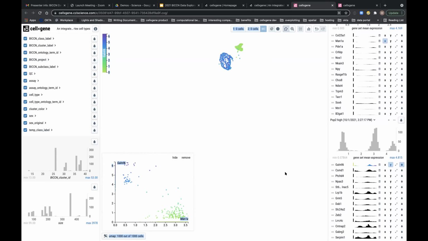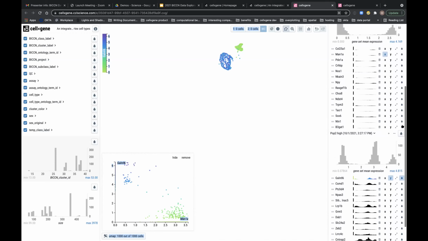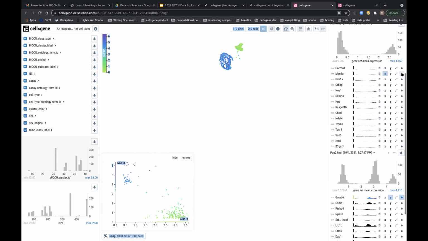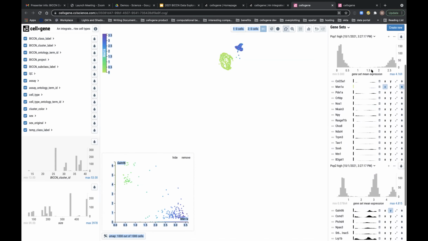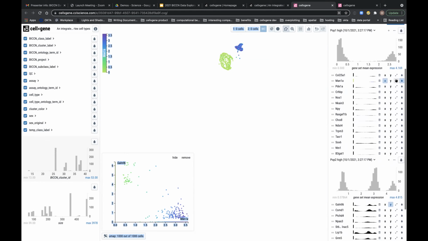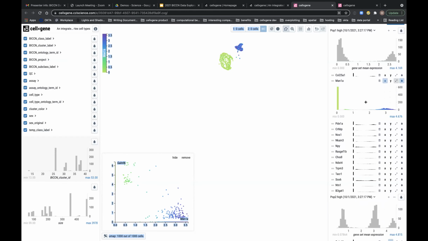NTL6 and man1A. The other cool thing is that we can color by each of those genes, so the coloring on there works. And if we wanted to, we can also start to perform selection of those cells.